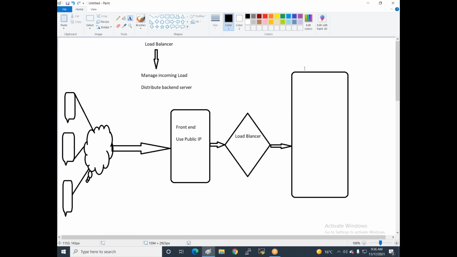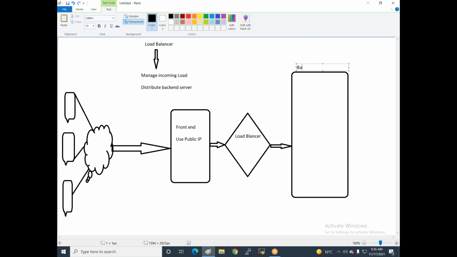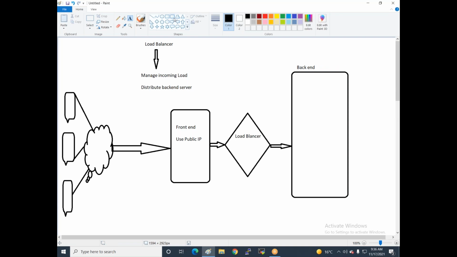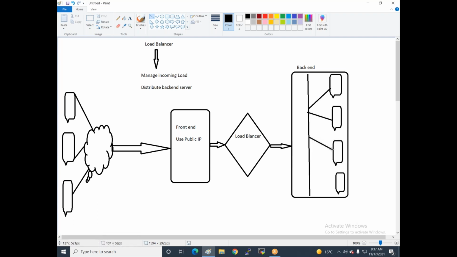In the backend panel, n number of servers are connected with each other. These servers are in a particular virtual network, and you can deploy the servers within one region or in different regions, depending on you.